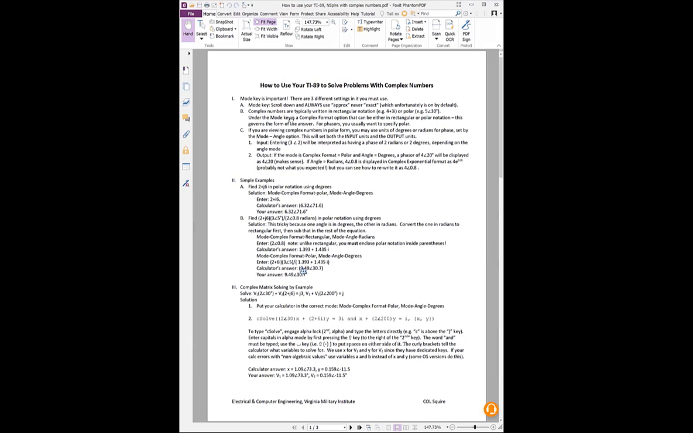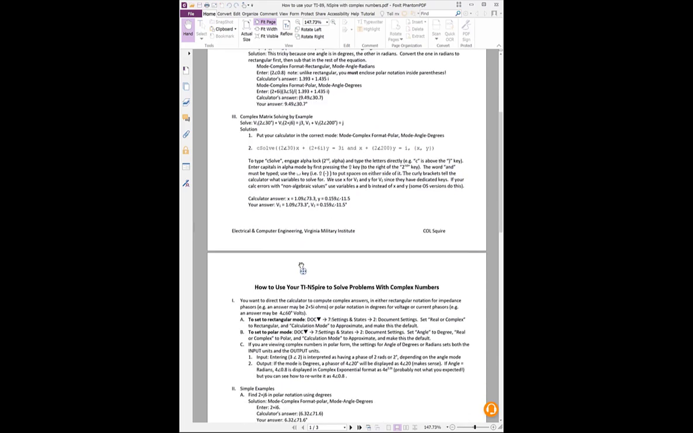The mode key is really important. I've got some simple examples about how to work with numbers in polar notation and rectangular notation. And then I've got how to solve complex matrices using an example. Let's say that you've got